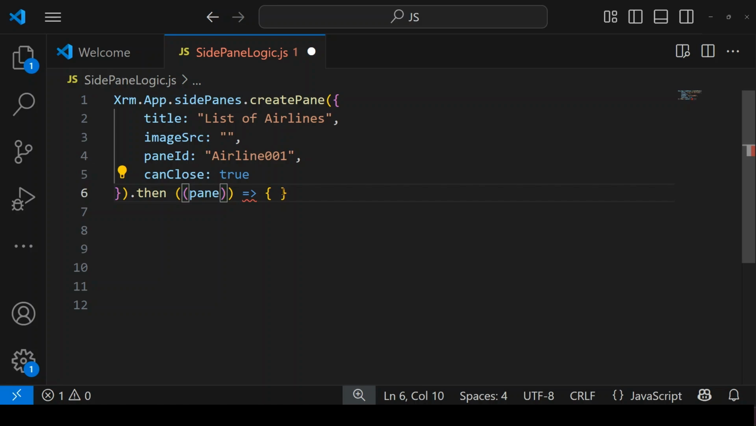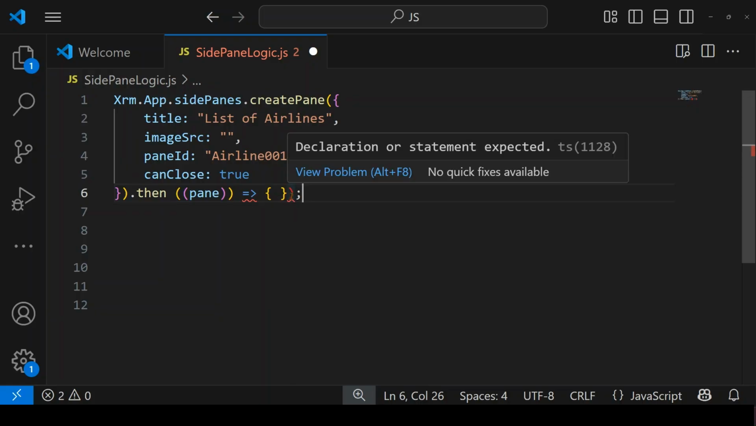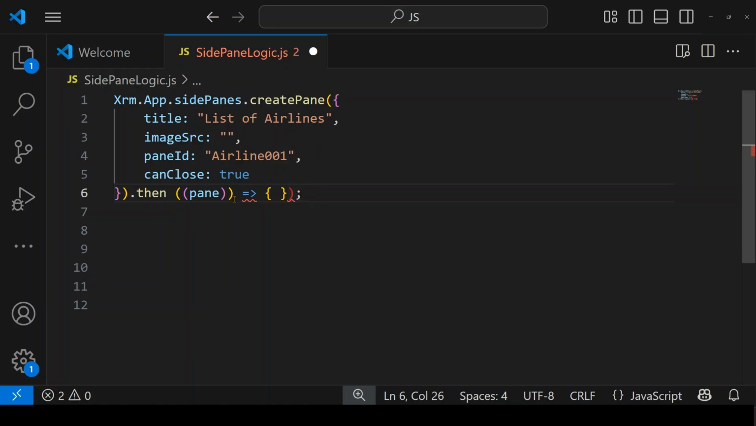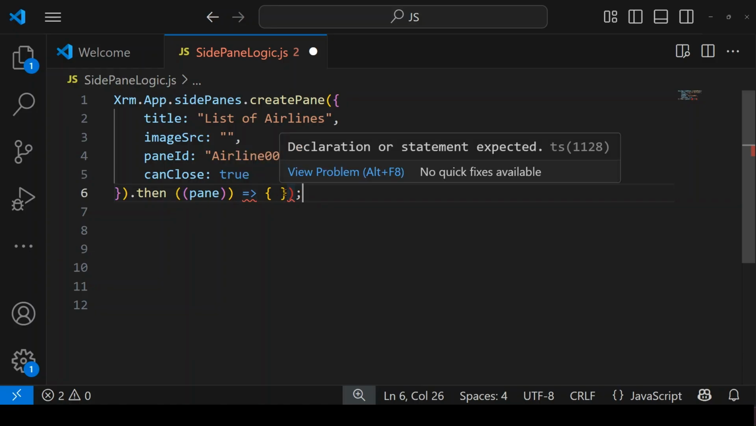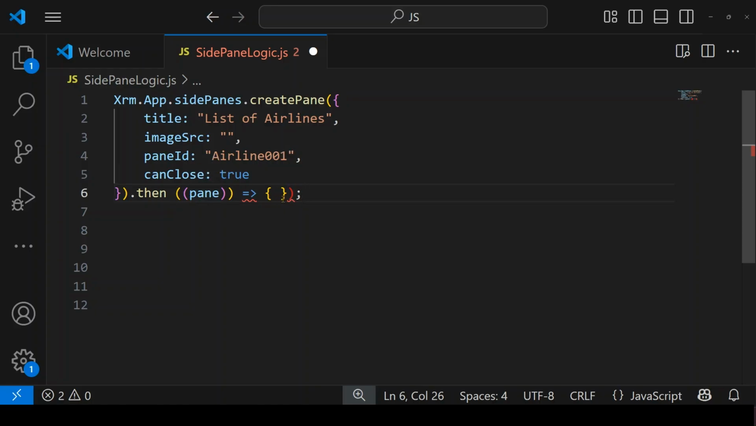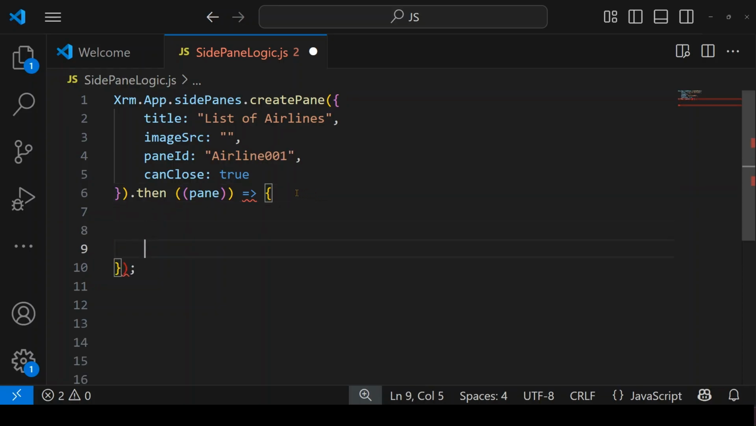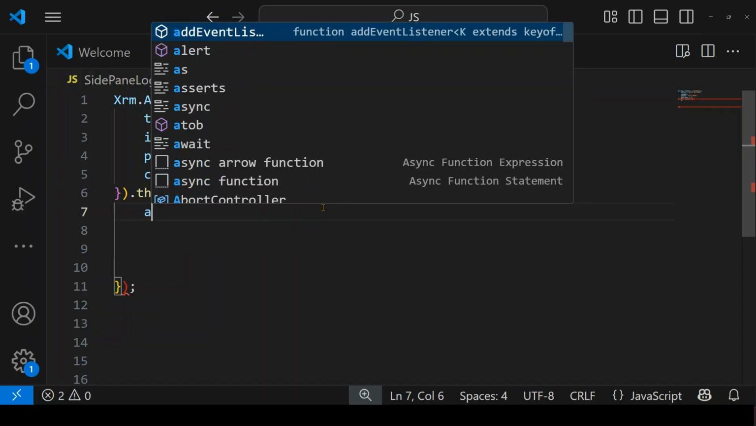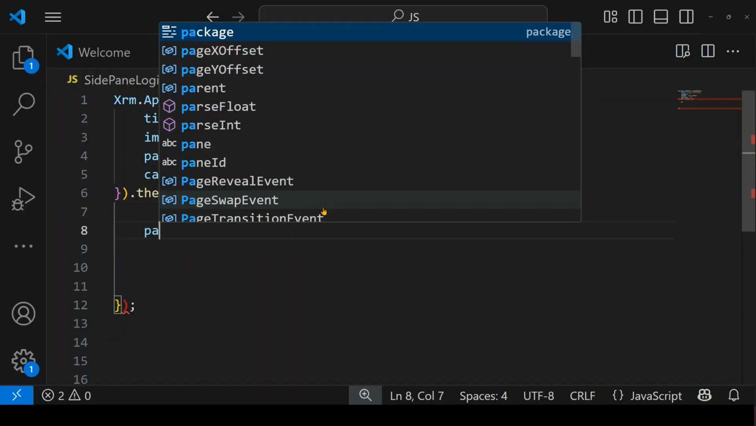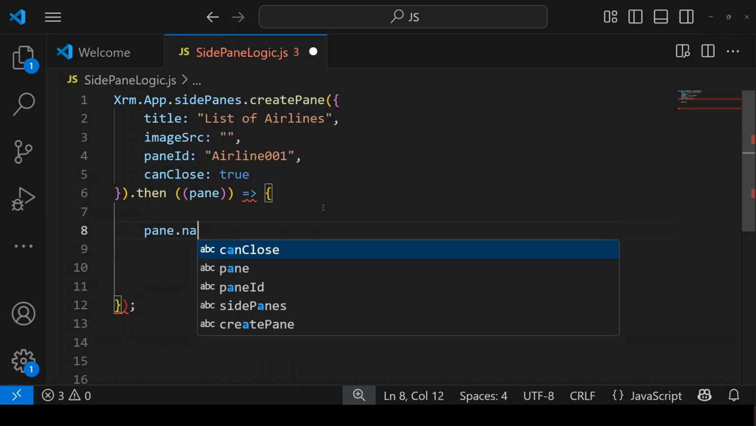And you need to be very careful about the syntax, because if you are not properly familiar with JavaScript syntax, this might create a problem while deploying. Now we are just passing the pane, and we used an arrow operator, and then in the arrow operator we have used a curly brace, and we said pane dot navigate,